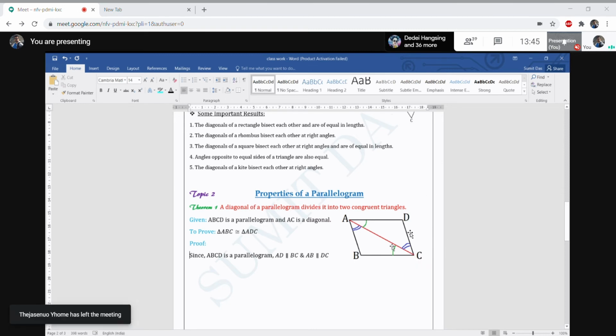Here we will actually use the alternate angle theorem from chapter 6. I hope you remember. You can see in this quadrilateral ABCD, I join the diagonal AC, right? You can see the green color ones, these are a pair of alternate angles, because AD and BC are parallel. Similarly, AB and DC are parallel, then this blue color angle is an alternate angle. We'll use this to prove the theorem.